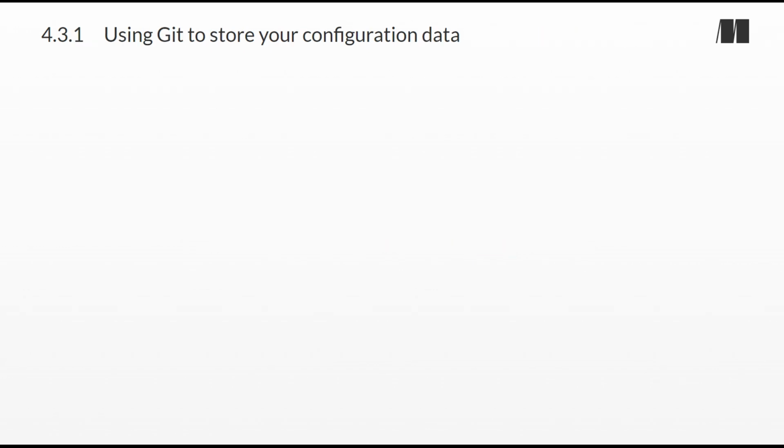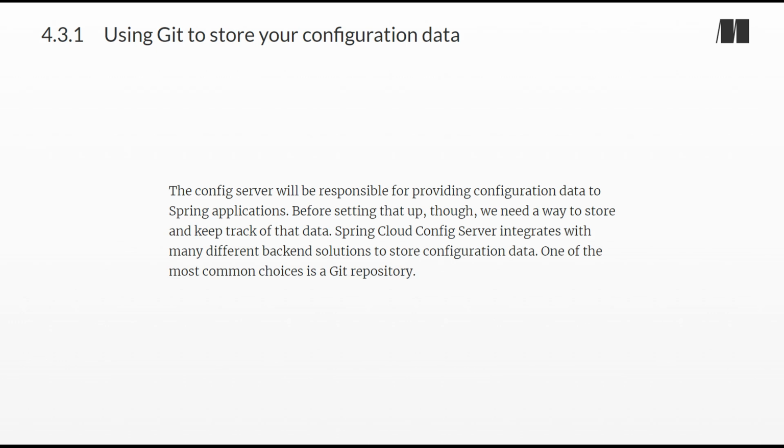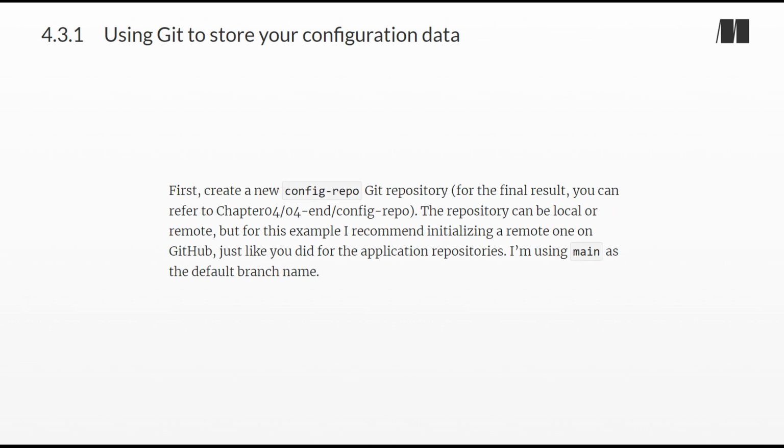Section 4.3.1. Using Git to store your configuration data. The config server will be responsible for providing configuration data to Spring applications. Before setting that up, though, we need a way to store and keep track of that data. Spring Cloud Config Server integrates with many different back-end solutions to store configuration data. One of the most common choices is a Git repository. First, create a new config repo Git repository. For the final result, you can refer to chapter